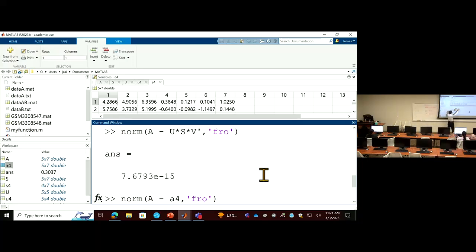So this is to compare two matrices and see how similar they are. If all the elements are equal to the original, you should have a very small norm. But now I compare the small a4, this variable is the reconstructed matrix,